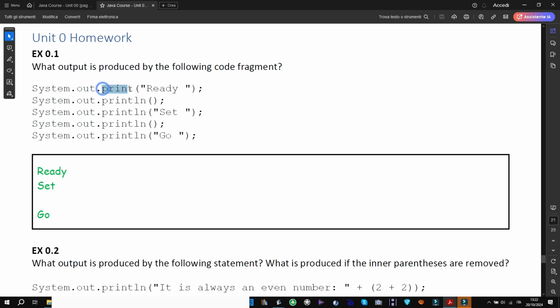System.out.print. What is important is print, which means that this will print "ready" and will not go to a new line. Println empty will go to the new line. Println set will print "set" and go to a new line. Println empty, a new line again. Println go, new line. Now you can, of course, copy this